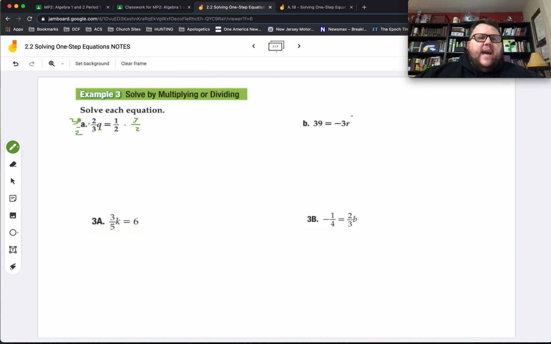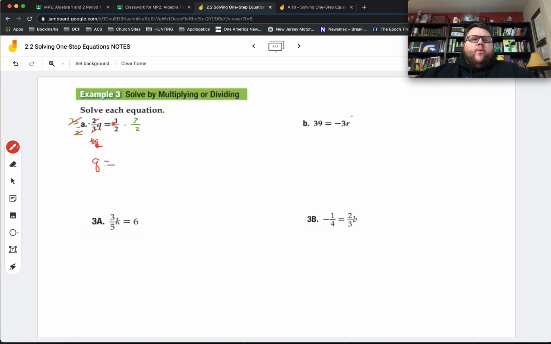And so what you get, this 3 on top cancels out with this 3 on bottom, because 3 divided by 3 is 1. The 2 on top cancels out with that 2 on bottom. So when they all cancel out, it's just left with 1. But we don't put the number 1 when it's in front of a variable because we don't need to. We would say 1q, but we don't need to put that 1. So we're just going to say q